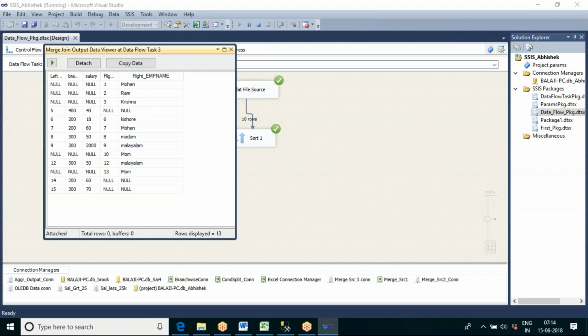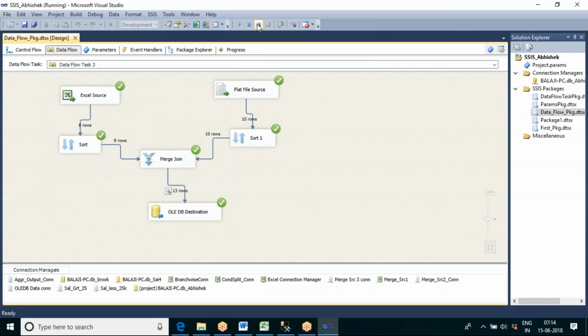So now we can see, it is showing 6, 7, 8, 9, and as well as 5 is there in the left table, 5 is not there in the right table, which means all the records from the left table. And now here you can see 1 is there in the right table and there is no matching 1 in the left table. It will show all the matching records as well as the remaining records from both the tables. That is called full outer join.